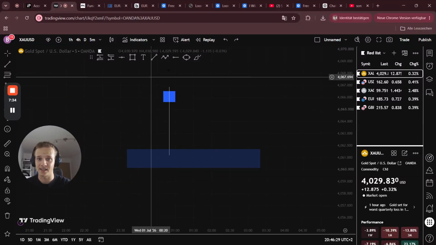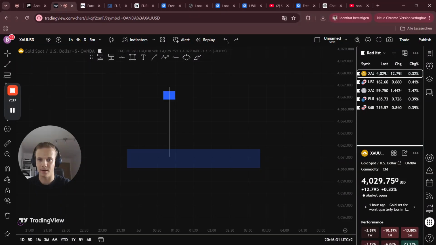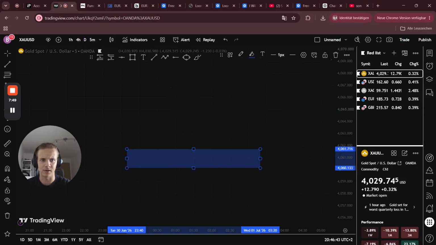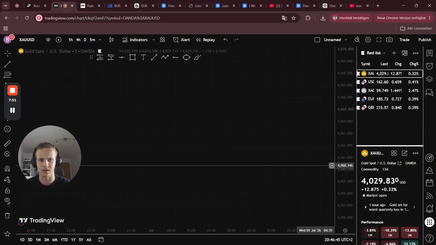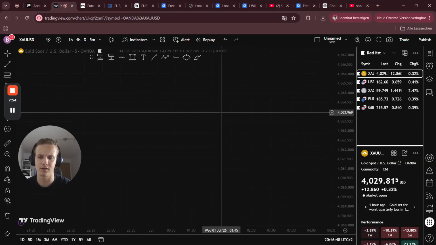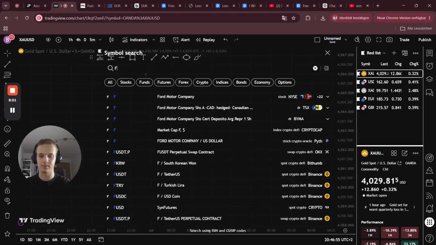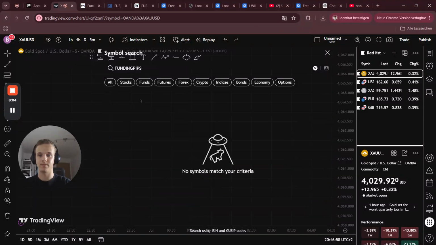So let's talk about brokers. For me, I use Funding Pips. That's my funded broker. They give me capital to trade, and I just trade with their funded account. The thing is, if you search in TradingView, for example, Funding Pips, it's not going to show you anything. If you search for Oanda,